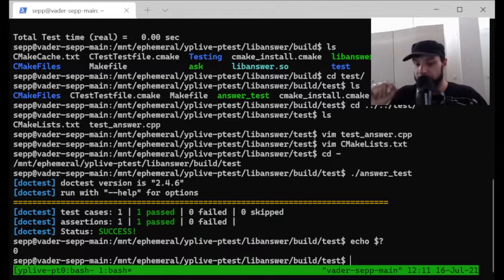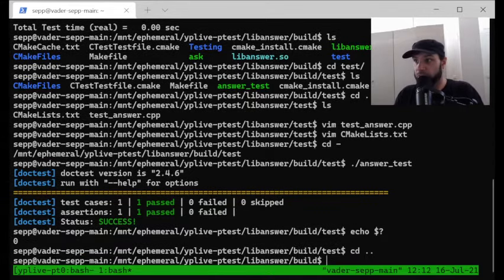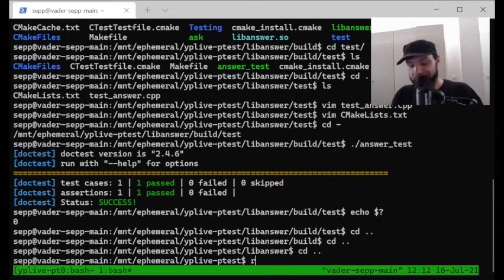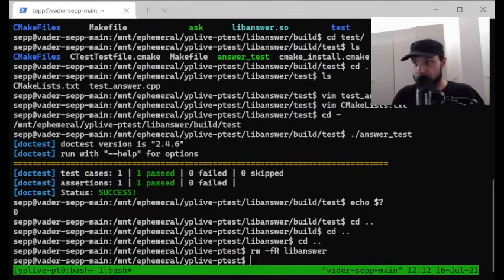Okay, now we do have a source package that builds a test. Now we need to make it a Yocto package. What do we need for a package? We need a layer to actually put it into. And I gotta get rid of this. We don't need it anymore. That was just for demonstration purposes. And